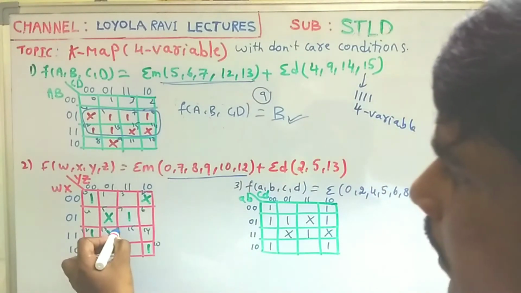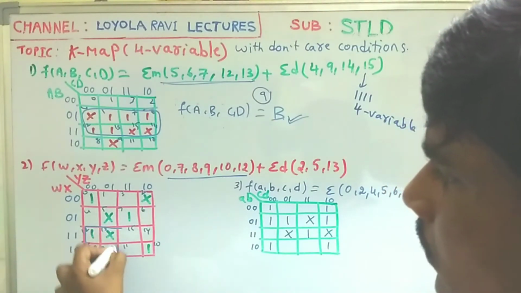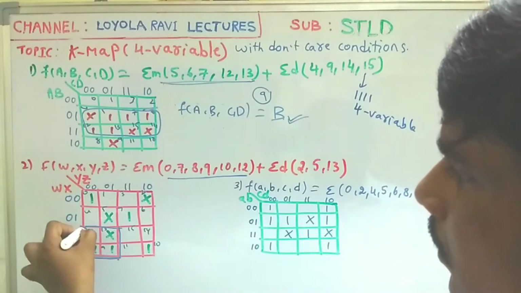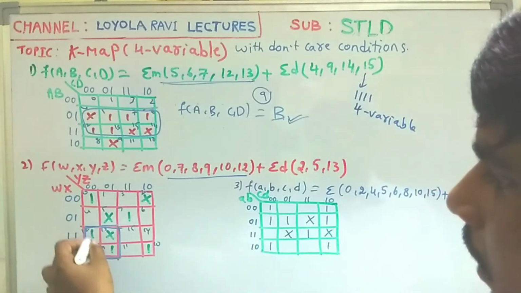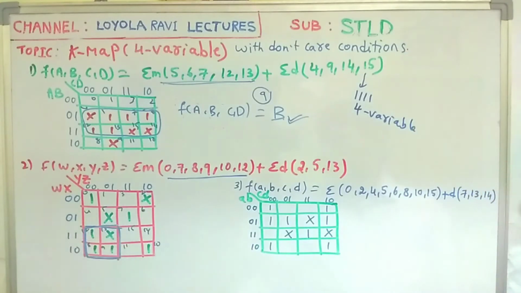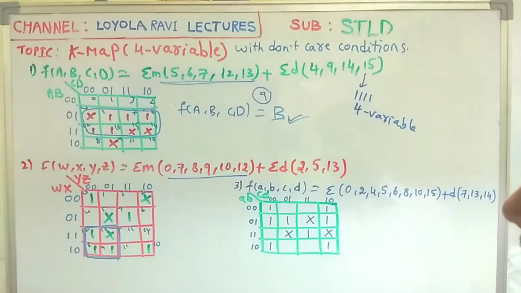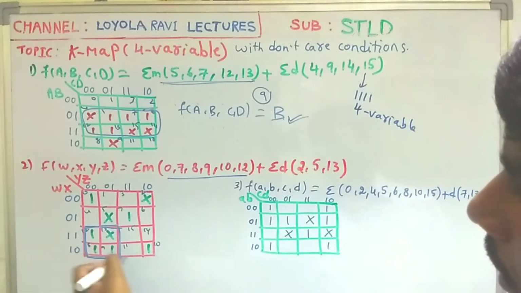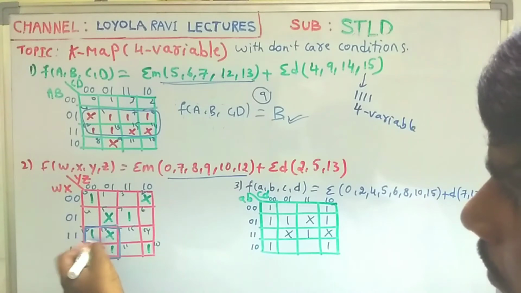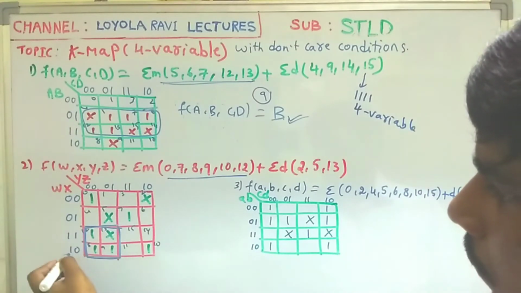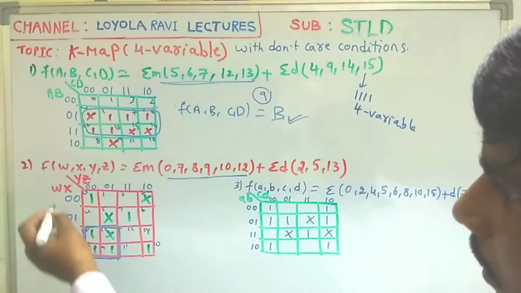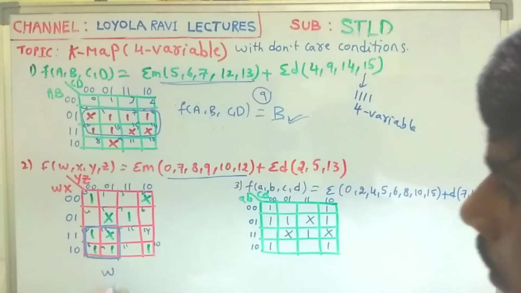Observe the maximum number of ones we are covering. Let us see here. For example, I am taking this one. Here the maximum number of ones are covered. 3 ones are covered. By taking the don't care as 1, there is a formation of one quad. Then you can write the simplification. Horizontally 1, 1, 1, 0, common is 1. That belongs to W.